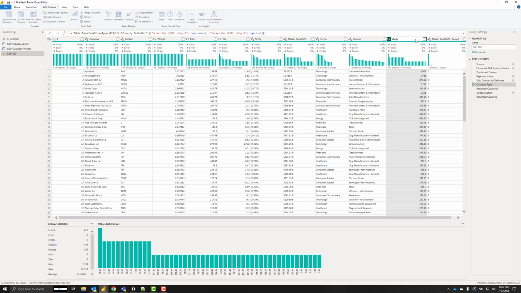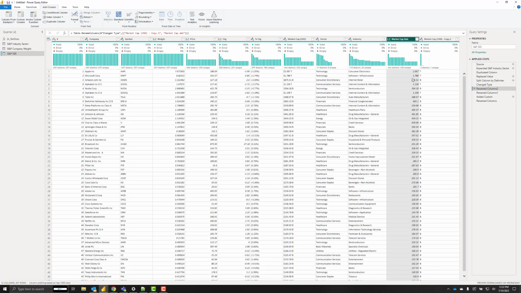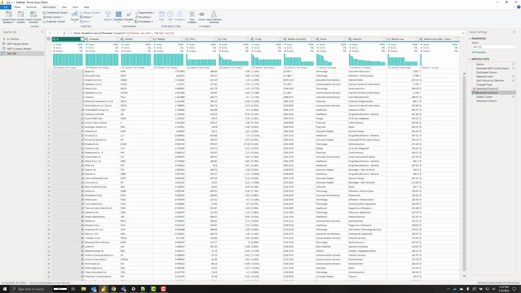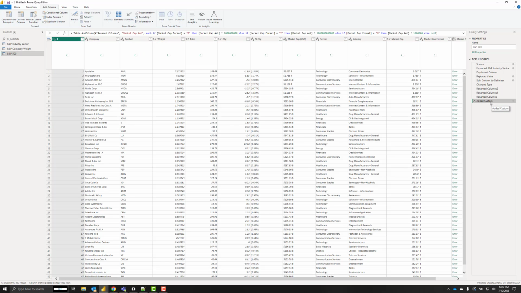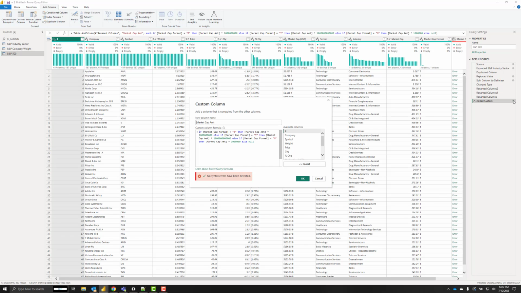This one will be market cap amount. Okay. So market cap amount is just a decimal number right now. Market cap format is the B or T. And then in our custom column,